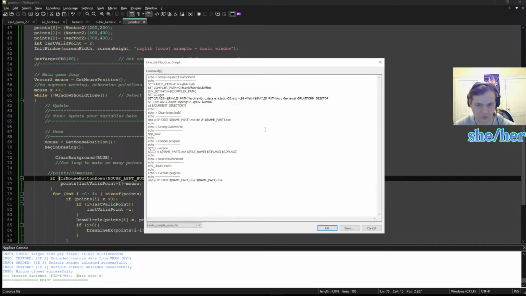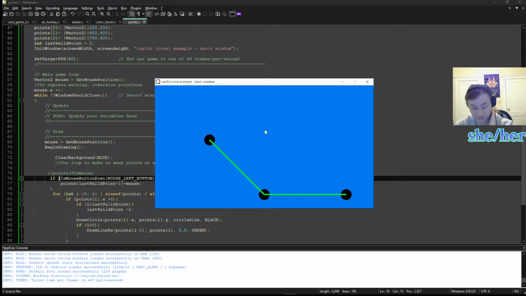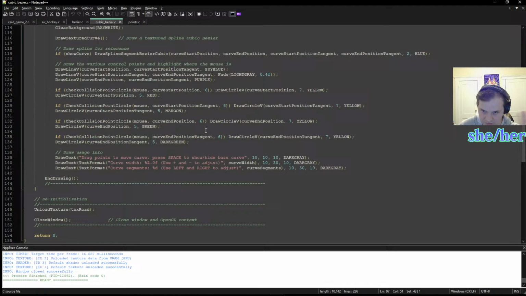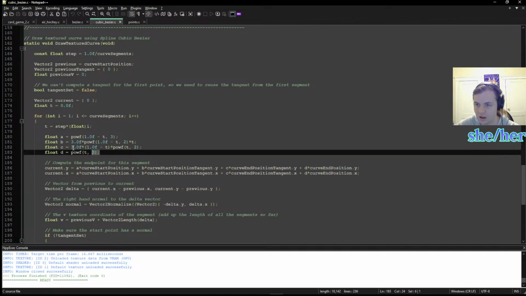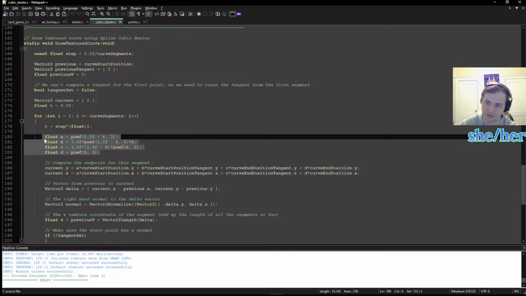Yeah, so what I'm trying to do here is Bézier stuff. The first step to doing Bézier stuff is you get 4 points, and then you basically draw a line between them. And I have this program here, which I don't really understand. But basically this formula right here is how you draw a point, where you take these 4 points and you do this to them to draw the